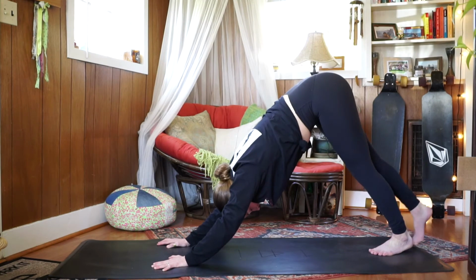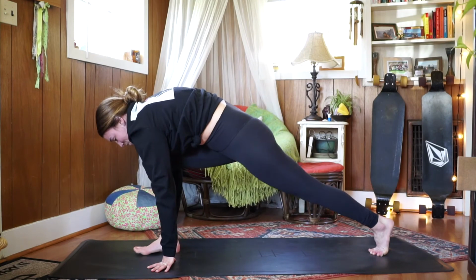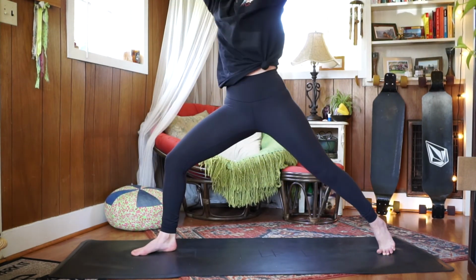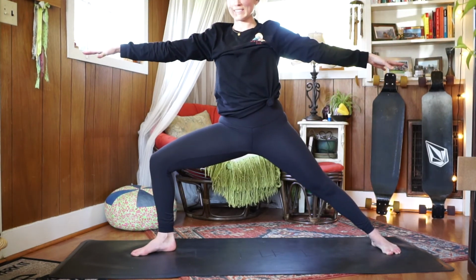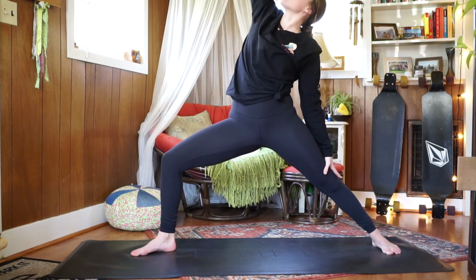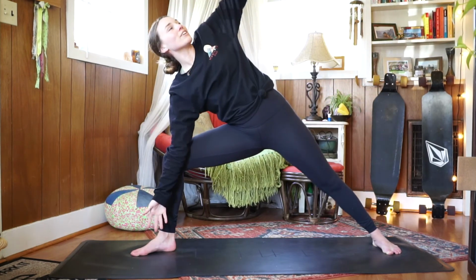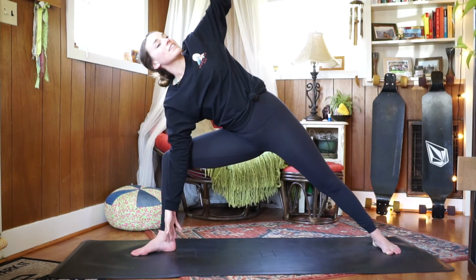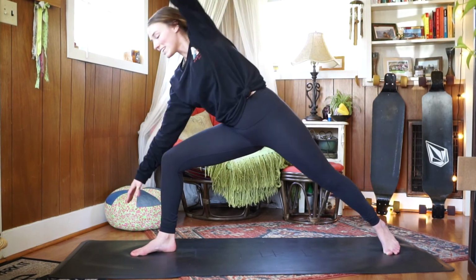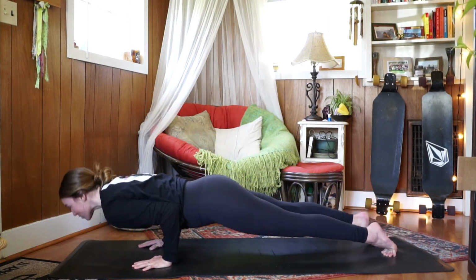So let's go ahead, inhale the right leg up. Exhale, lunge. Inhale, high lunge. Exhale, warrior two. Inhale, reach. Exhale, reverse your warrior. Inhale, triangle. Exhale, warrior two. Breathe. And then exhale, windmill your hands down, going through a vinyasa flow of your choice, whether